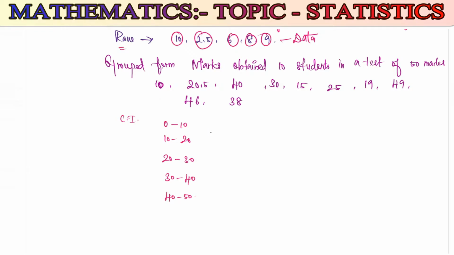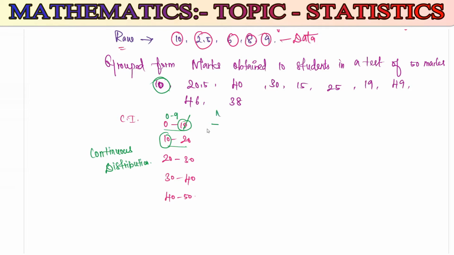Now listen carefully. For 0 to 10, the number of students is only 10 we have. You may raise the doubt: is this 10 included in the first class interval or the second? The first class interval's upper limit is equal to the next class interval's lower limit. So this we call continuous distribution. In the class interval, the upper limit is not included. So here for 0 to 10, you need to take 0 till 9. Don't take 10. 10 is included in the second interval.